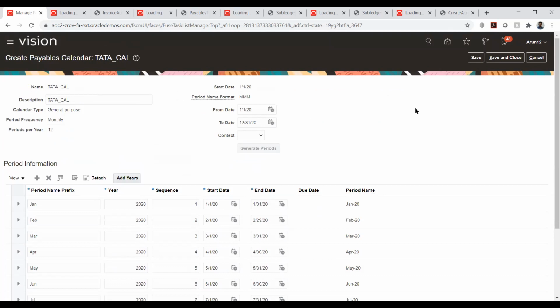But this was never part of the setup itself, right? Yeah, this is not part of the setup. This is only specific to recurring invoices. So it doesn't impact anything else. Yeah, it will not.